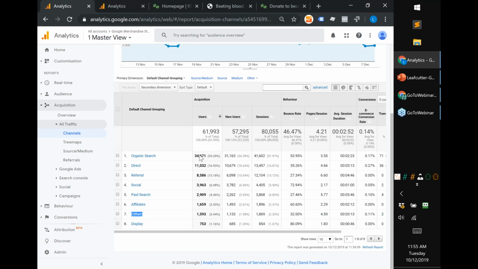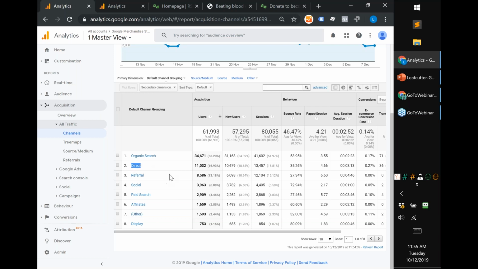And again, we can change that so we can create new channels in this list. It's called a custom channel group. And again, that's just in the admin area. The guide can talk about some of that. So there's a way to, because I don't like traffic in other because I've then got to go into it and figure out where it came from.